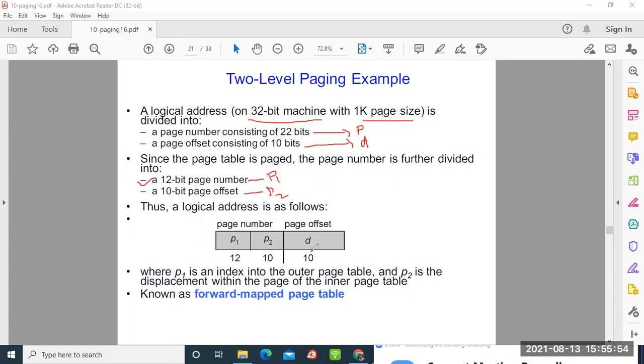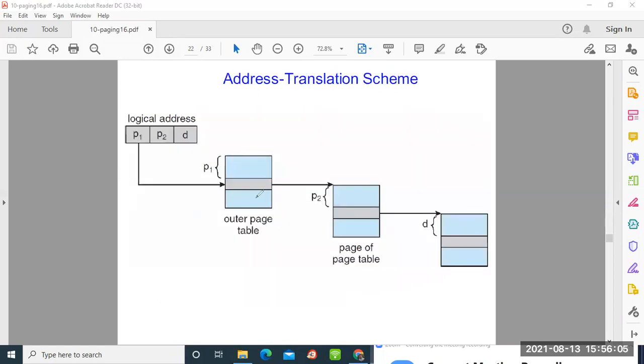So let us see how we are actually implementing it. The concept is the same, because here we have to implement paging two times. We use the paging technique twice. First of all, whatever page number P1 you get, suppose you get page 5. Now I will search for that particular page in the outer page table. What will this outer page table contain? It will consist of block locations of page 2.